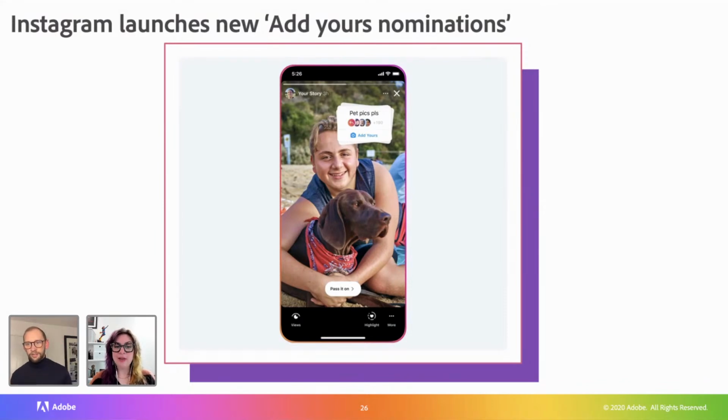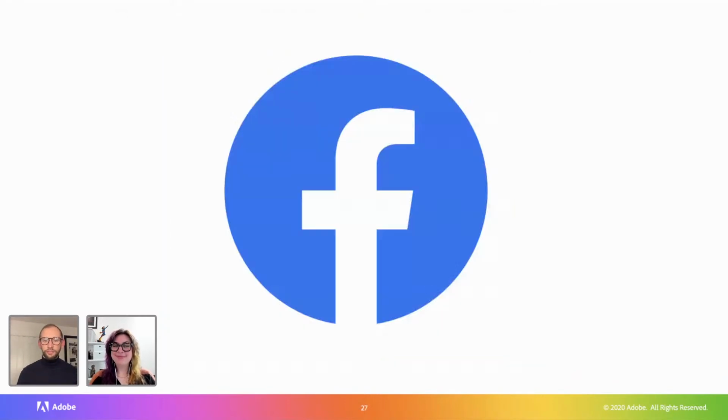So do you actually tag someone? Is that how the nomination part works? Okay, cool. Because I see these a lot and I am so much more likely to do them if someone tags me in it than if I just see it. I'm like, oh, whatever. But if someone basically asks me to, then I will. So I think that makes a ton of sense. And it's a great way, if you don't have tons of followers and you like the whole idea of Add Yours but you don't want it to be a ghost town. I like that. Some good friends to be like, hey, Jordan, show me X or whatever it might be. That's super powerful. Yeah, that's cool.